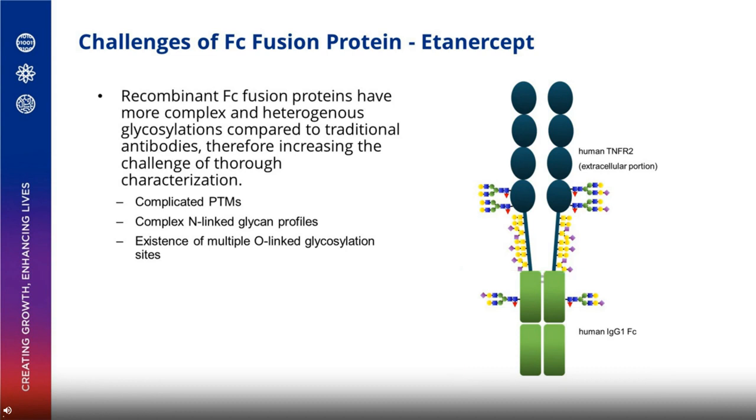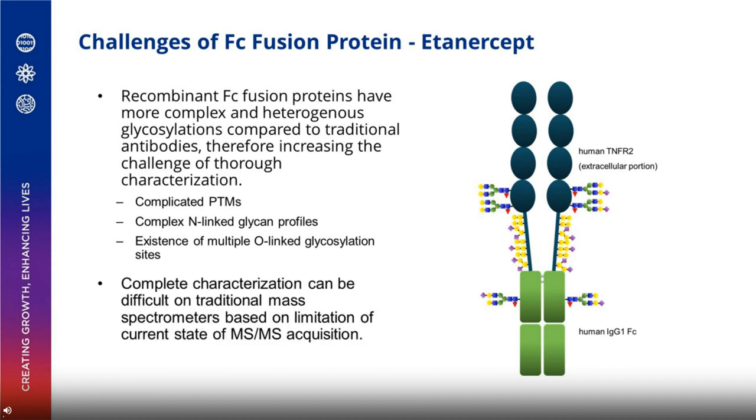It contains highly glycosylated, complicated PTMs. In addition to the traditional antibody glycans in the Fc region, there are 2 N-linked glycan sites here, and also up to 13 O-linked glycosylation sites in the TNFR region. Therefore, comprehensive characterization of these complex Fc fusion proteins can be challenging on a traditional mass spectrometer. So based on the limitations of the current status of mass acquisition,